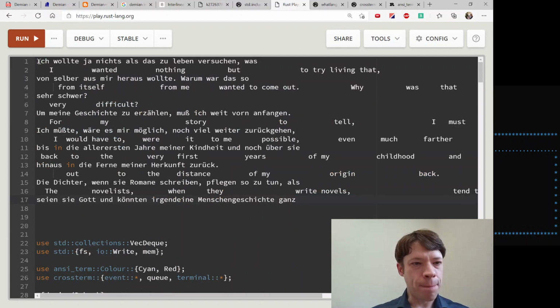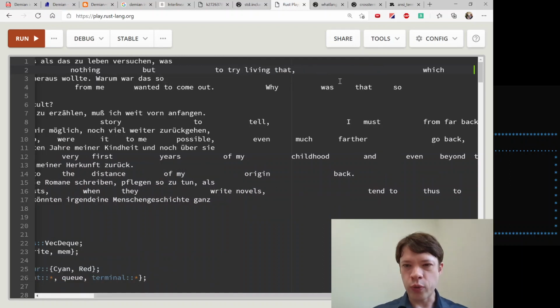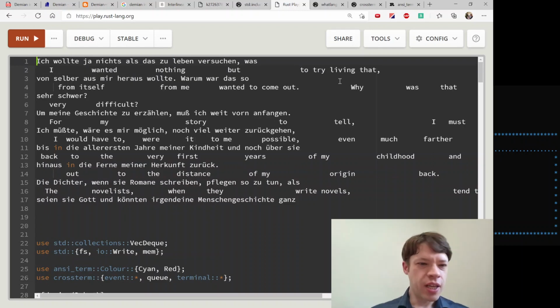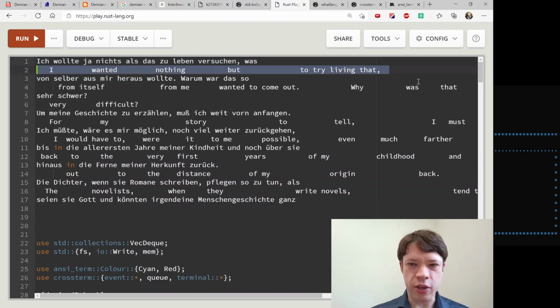You can see here's the German, and here's the English, with just one space between, and then here's the result of my hitting the space bar. So there you go: "wanted, nothing, ja nichts, but aus das zu leben versuchen, to try living that." Here's an example of something that you don't want to translate word by word, or one word at a time. And so this turns into a big string, and each one is on a different line, so that's the convenient part.